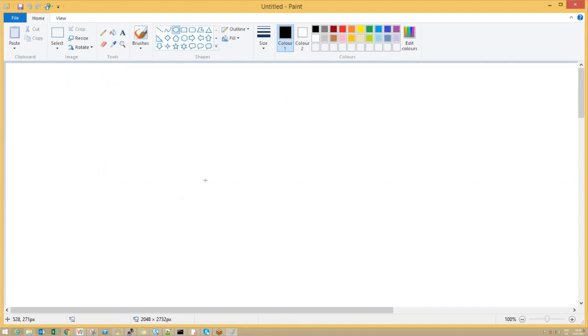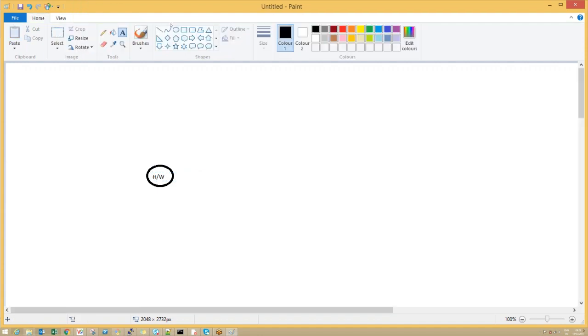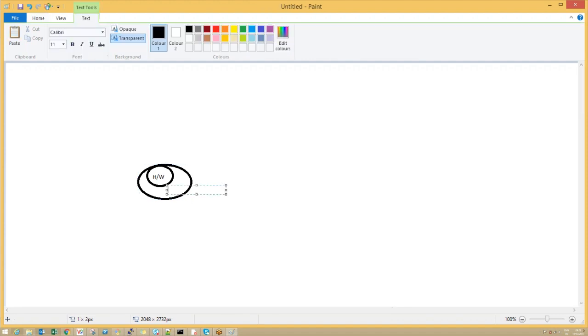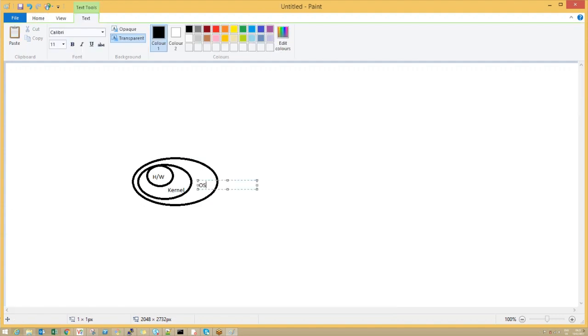So your typical operating system looks like this. Your hardware, your kernel, your operating system.